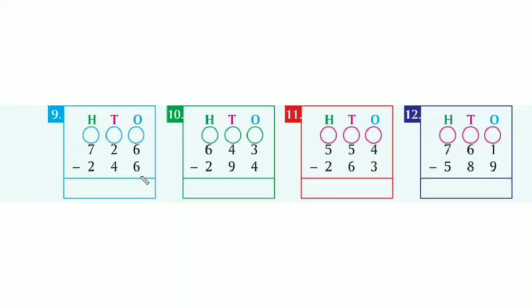Now let's see some examples of borrowing. Now see 6 minus 6 equal to 0. 2 minus 4 is not possible. So that 2 will ask for the borrow to the 700. So 7 will give its 10 tens to the 2 tens. Now 2 will become 12 tens. Okay. Now from 12 tens we will subtract 4 tens. 12 minus 4 equal to 8. And now see 6 is there and 6 minus 2 equal to 4. So our difference is